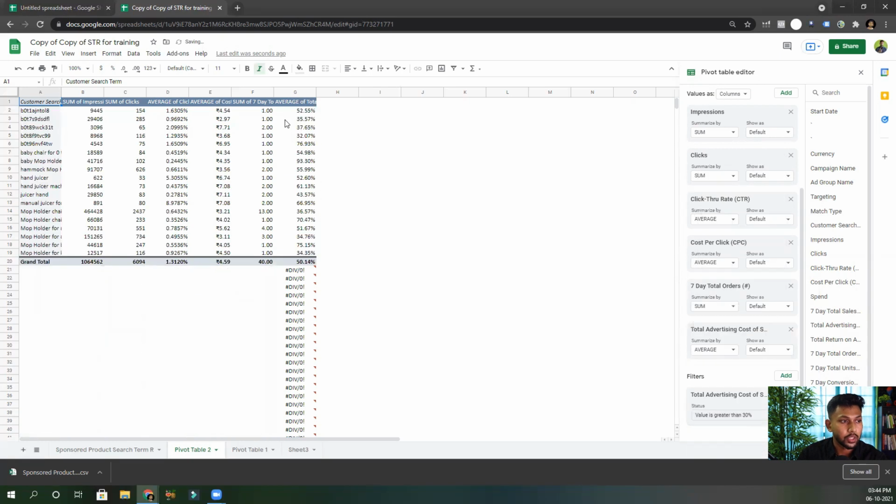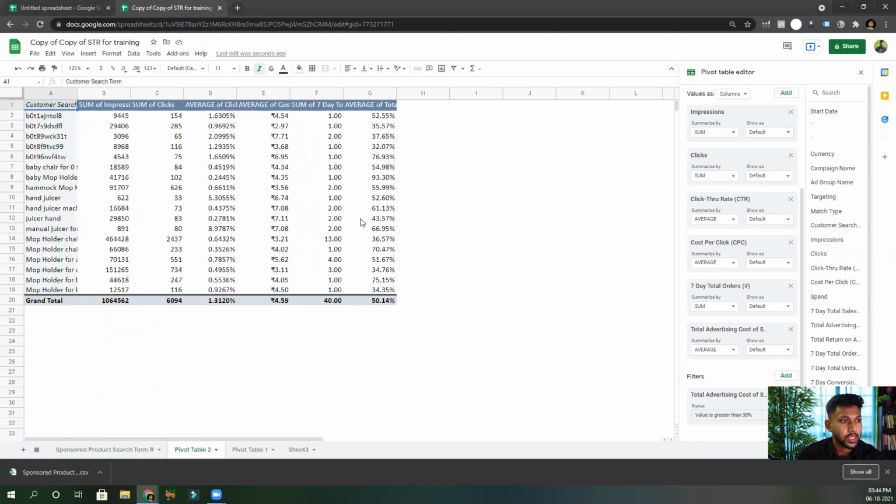Then you see it shows all the ACoSs that are greater than, let me just zoom in, all ACoS which are greater than your 30%. Now you can optimize by looking at the search term. Now it is the AI science product targeting. Now which search terms are actually getting a lot of clicks but fewer sales?